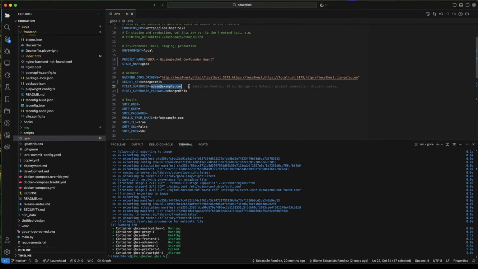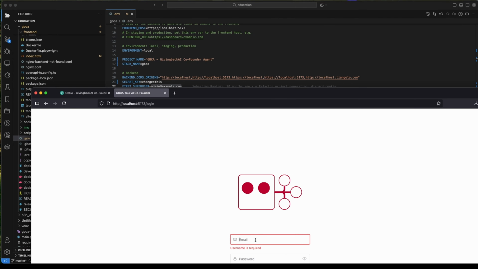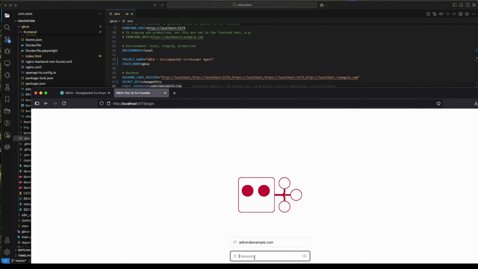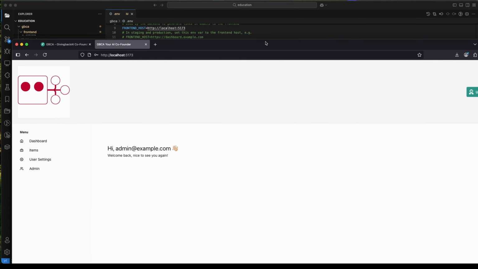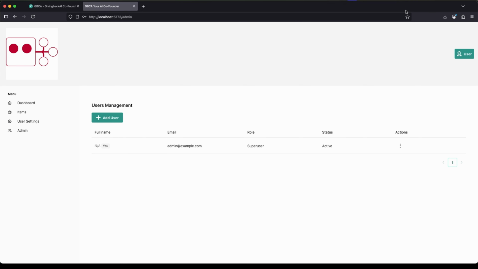Okay, one more time, I'm going to show you a demo. admin@example.com, that is our super user, and then the password. Okay, as soon as you log in, this is what you see. Click on the dashboard item, user settings, admin. Nothing is going on here, but we will build in future. All right, so this is how we set up the metadata for your application